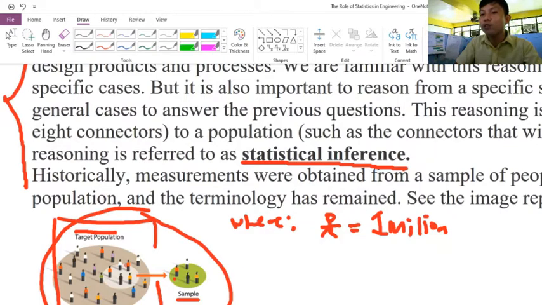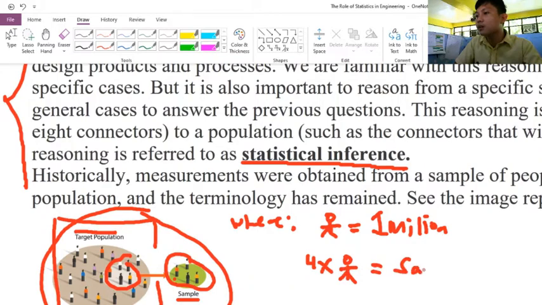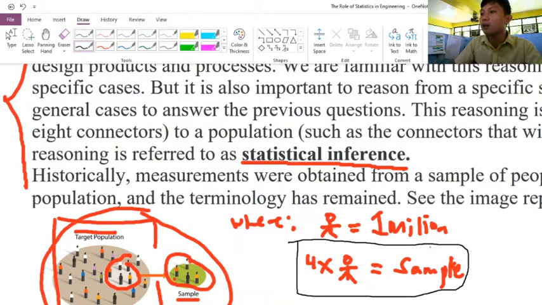Alright? So, from this population, only a selected few yung kukunin natin. At which is 1, 2, 3, 4. So, gumamit lang tayo ng 4 persons as our sample. Now, yung mga sample na yan yung ating pag-e-experimentuhan. Alright? So, yung 4 na samples na yan yung pag-e-experimentuhan natin in a way na magkukulit tayo ng data.